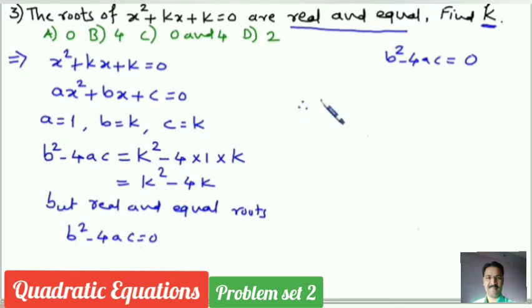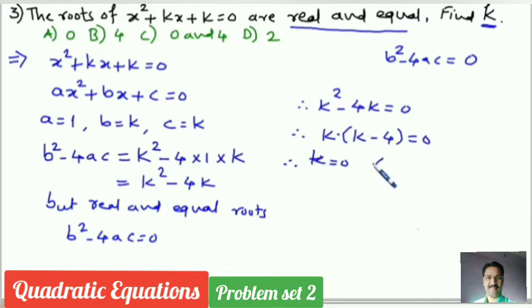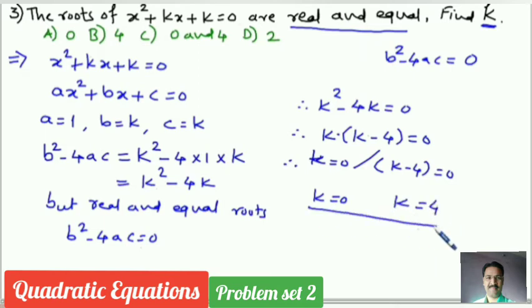Hence, what you can write here now? K square minus 4k is equal to 0. Take this k common. What will get? K minus 4. So whenever the product is 0, then either first may be 0 or second may be 0. Okay, here we'll get the first k equal to 0 and here k equal to 4. Like this. That means which option is correct now? This is the third option is correct now. So, okay, understand friends? Like this we can solve here.